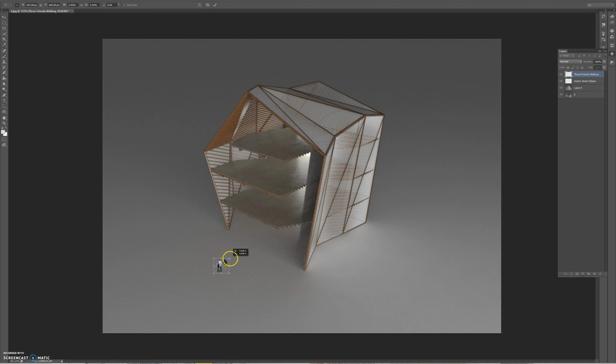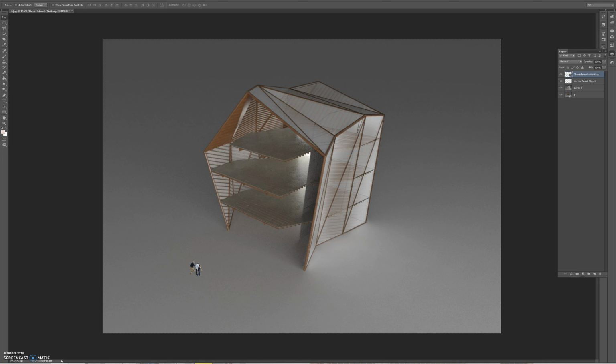And so I kind of want them walking into the building, so they're walking the other way right now. So what I'll do is right click on them and change flip horizontal, and then that'll change the way they're walking. It'll just reflect them the other direction. So I'll go ahead and place them,